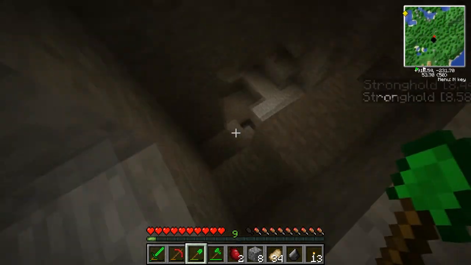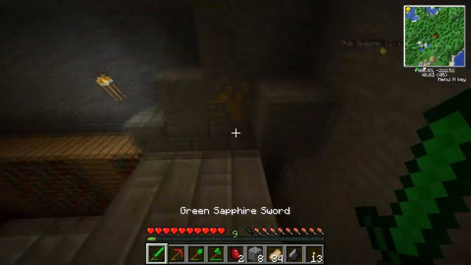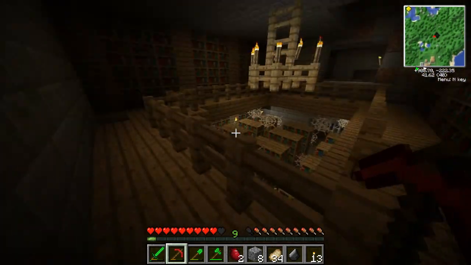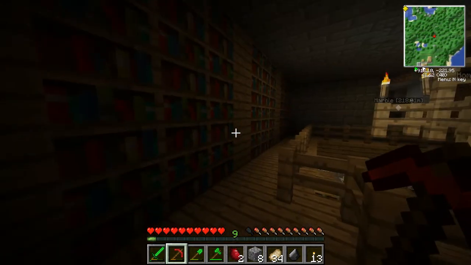So, did I go down here? Yeah. And here we are. This is the library. Oh, no, creeper. Ow. I knew it was a stronghold, and I knew it wasn't just some kind of mod spawning, just because you can just tell. And this is actually going to be quite useful for...